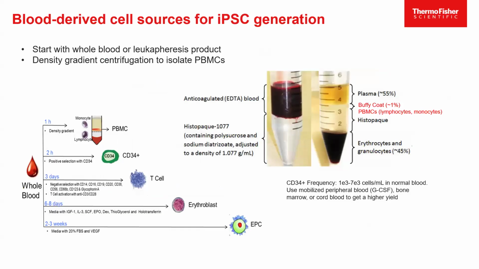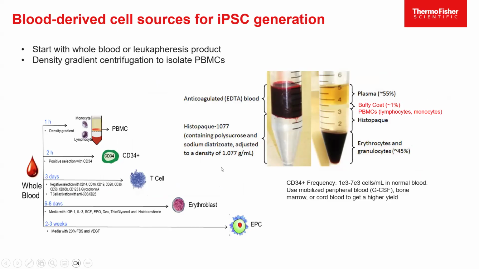Now we talked, and I showed you this video about fibroblast reprogramming. We can do similar things from other sources, right? I mentioned another very commonly used source for reprogramming cells is blood. And so typically what we do is we take whole blood and we separate it